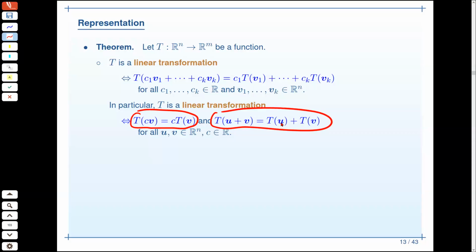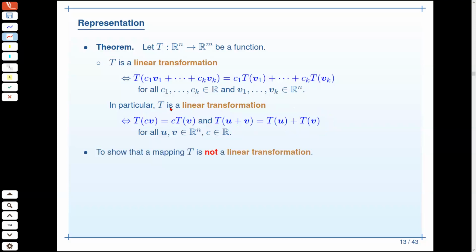and T will send the sum to the sum of the images. Roughly speaking, you can do it term by term. So as long as these two conditions are fulfilled, then T is a linear transformation. And conversely, if T is a linear transformation, these two conditions must be fulfilled. So here we have a clearer property to see whether a mapping is a linear transformation or not. So just now we already saw